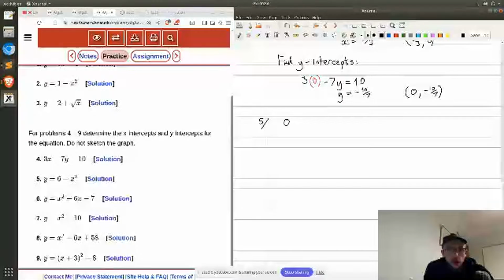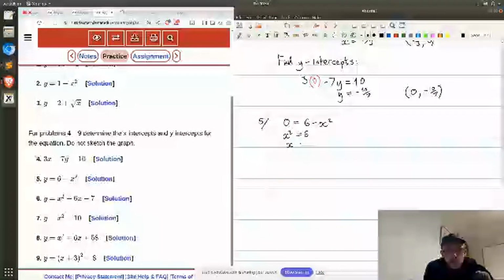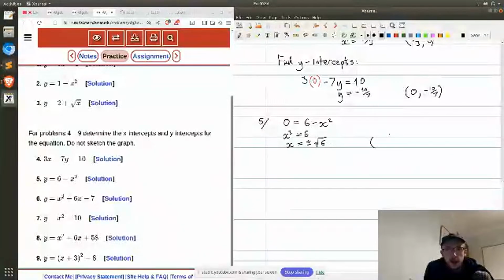So if I plug in 0 where y is, I get 0 equals 6 minus x squared. So x squared is equal to 6. So x is equal to plus or minus the square root of 6. So here are the x-intercepts. The first one is going to be negative root 6, comma 0. And the second one is going to be